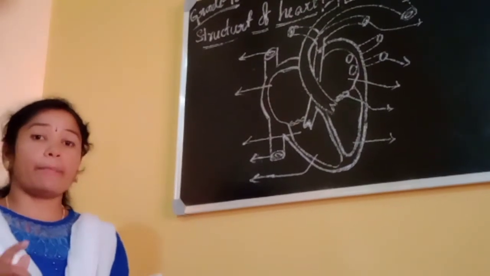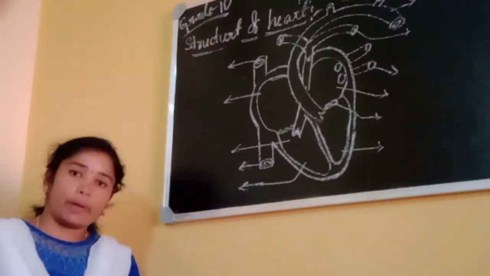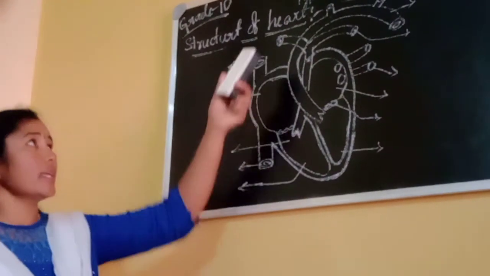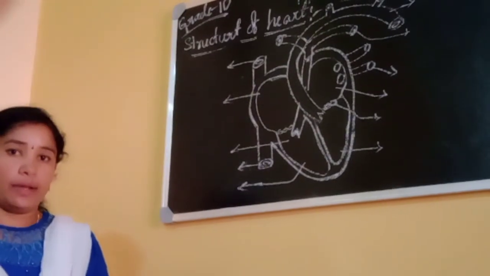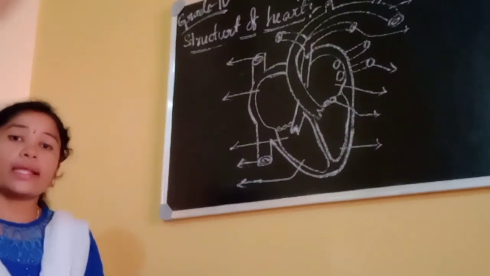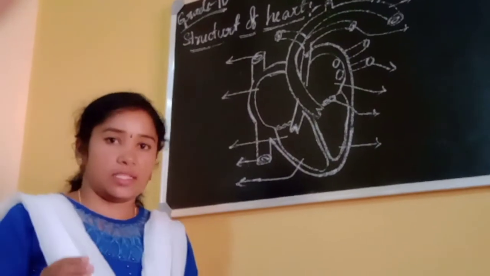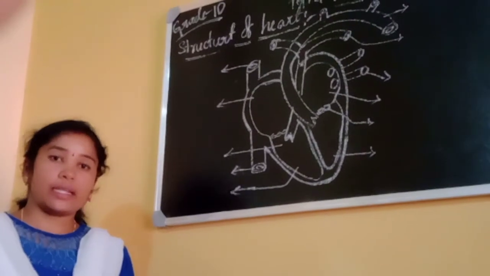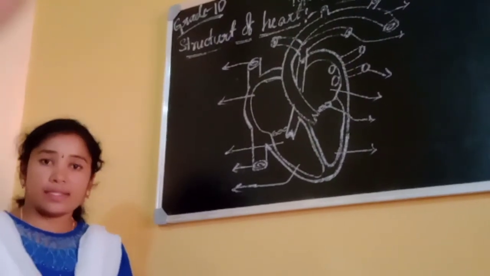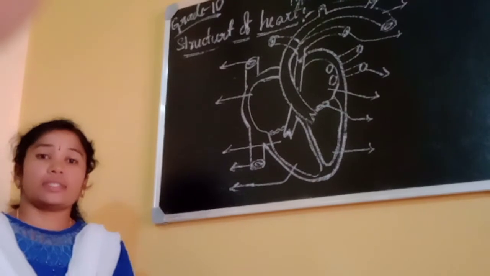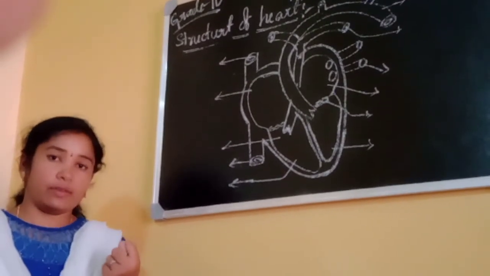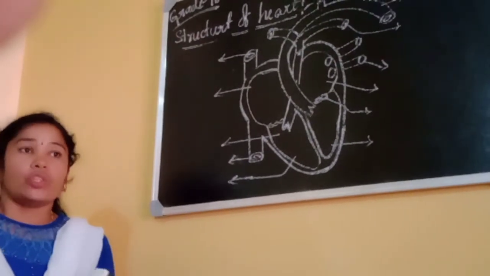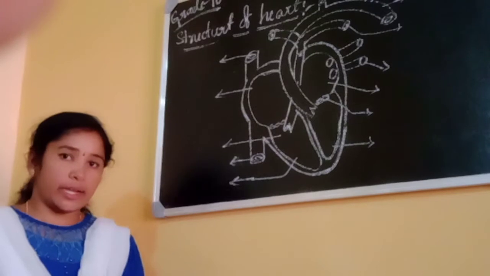The heart is one of the important organs in human beings, not only human beings, but in all animals. The heart is a muscular organ. It is located in the chest region, a little to the left side. What is its size? Its size is about the size of a fist. And our blood carries both oxygenated blood and deoxygenated blood.